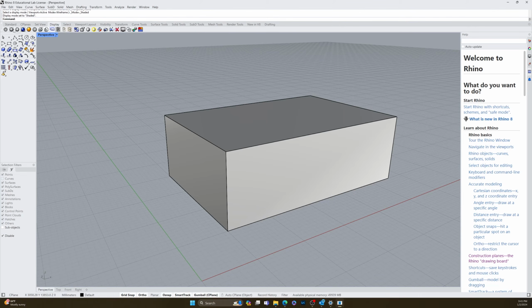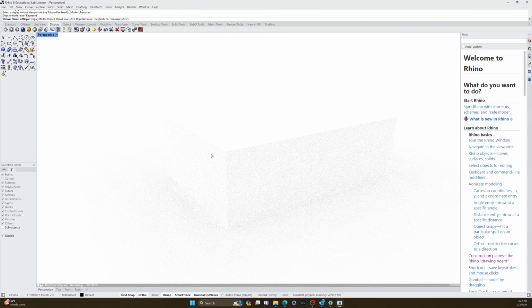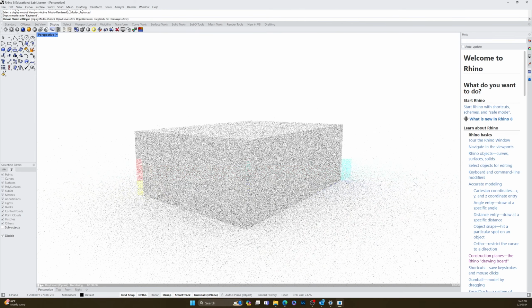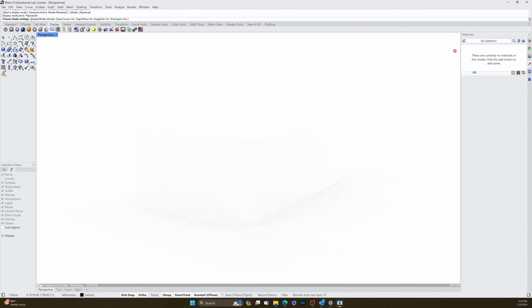So right now we've got wireframe, shaded. This is shaded without lines. This is a rendered version, so that's going to give you light and shadow. And if you had materials on here, we would also see those materials. This one is ray traced, which you don't want to use very often if you don't have a good computer. You can see it's kind of blown out right now, but we don't have any rendering settings set up right now. So this is actually the highest quality version. And if I pulled in a material here, I could show you really easily, but don't freak out if